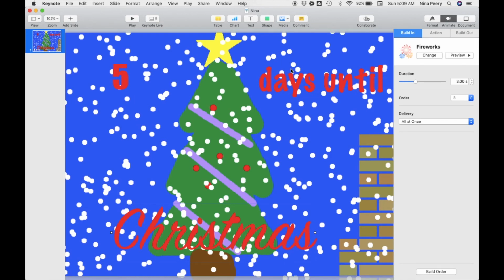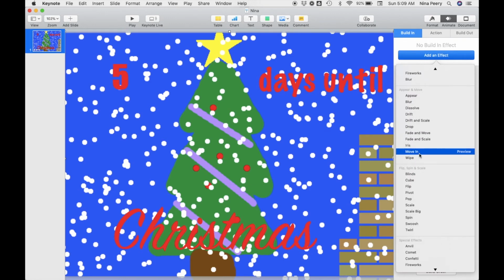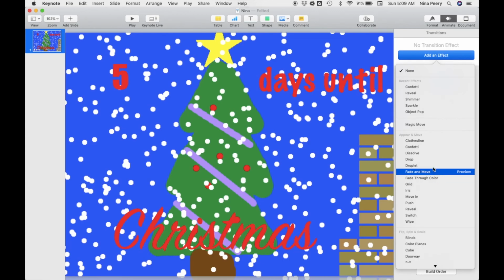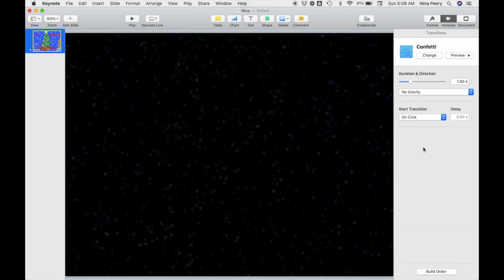But if you want to go one step farther, then you can also animate your image here. So I'm going to click on the image, and I want it to come in. Maybe I want it to blur in. So I'm going to click Blur. So that's how it's going to come in. Okay, and then maybe I can click on the slide, the whole slide, and when I get ready for my slideshow to be over, I can add an effect to my slide. Maybe I want it to confetti out. So when I hit play,